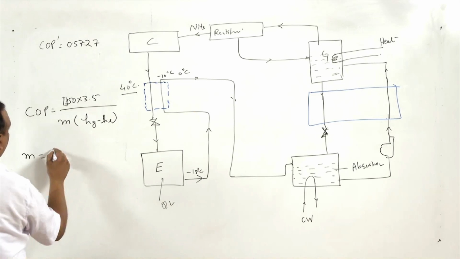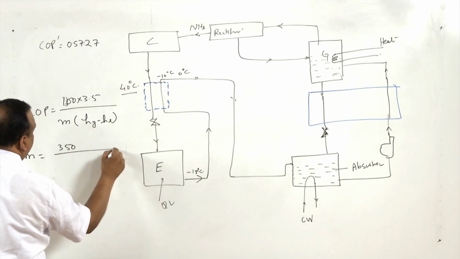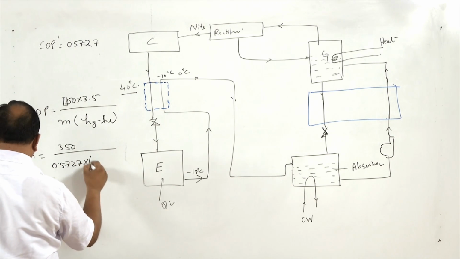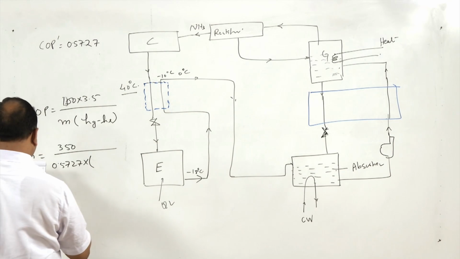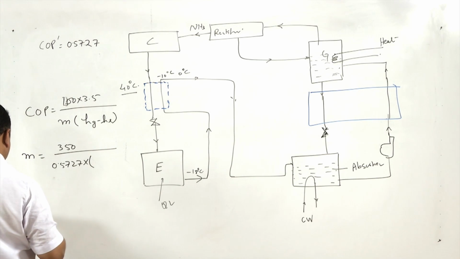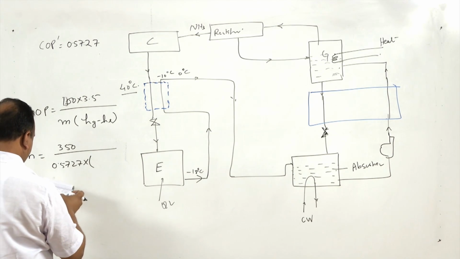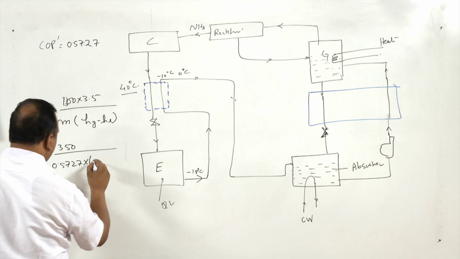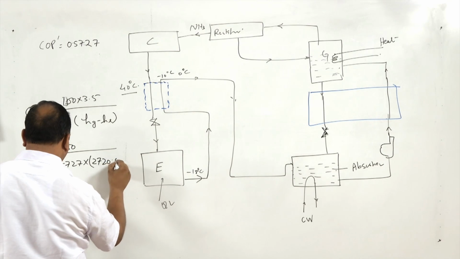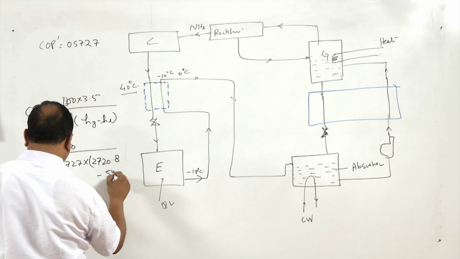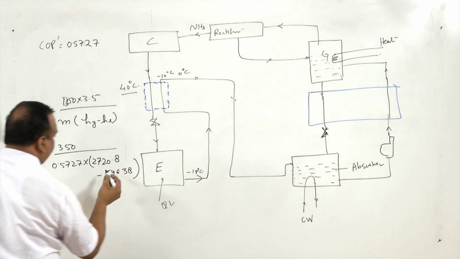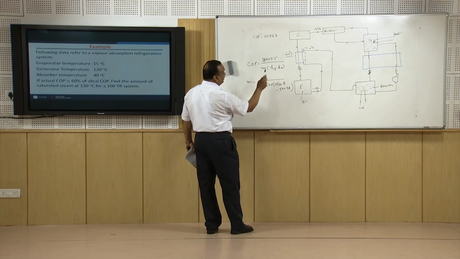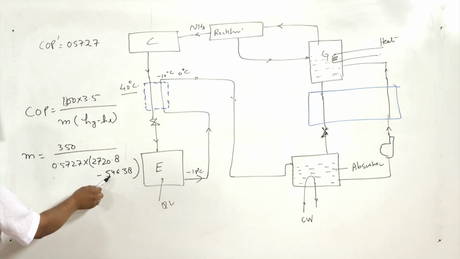So M is equal to 350 divided by COP is 0.5727 multiplied by 2720.8 minus 546.38. This 2720.8 is the enthalpy of saturated steam at 120 degrees centigrade, and this is enthalpy of saturated